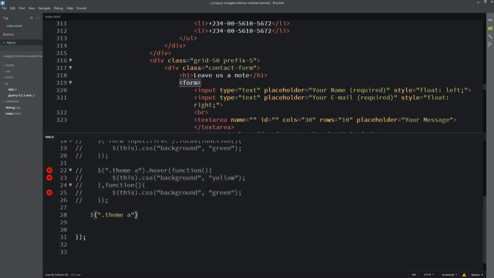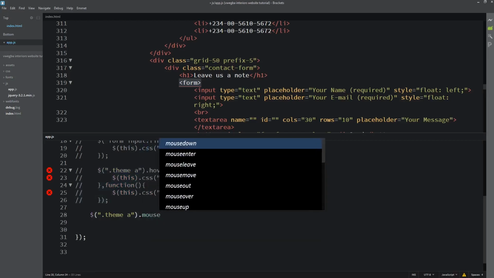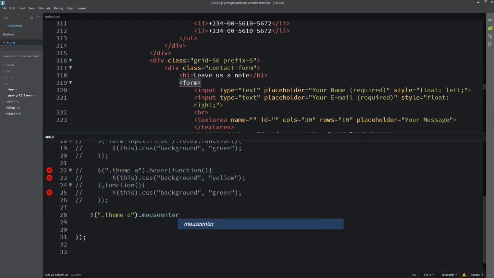I'll say dot mouse enter, then a function like this. I'll copy this one and put it inside. So mouse enter changes the background color to yellow.